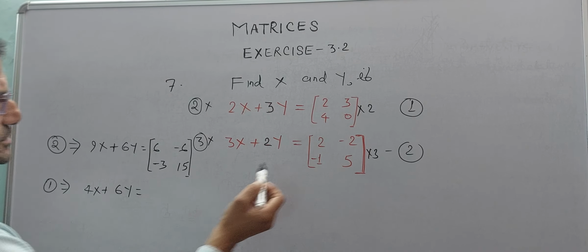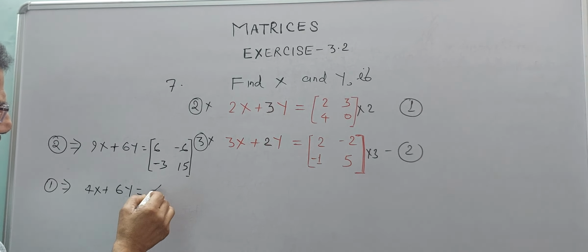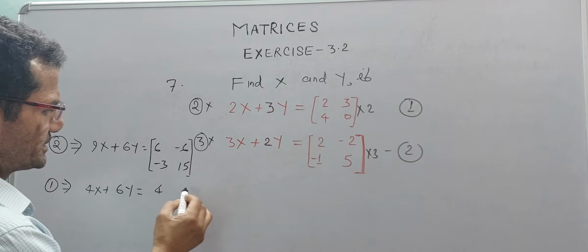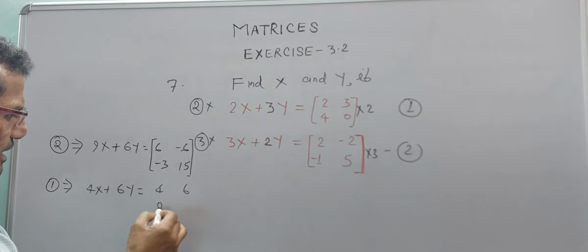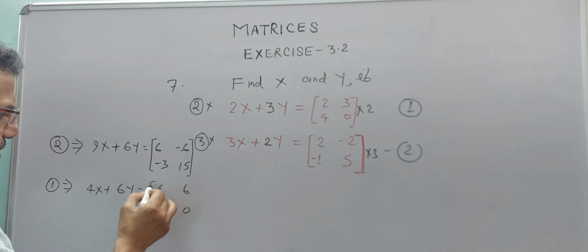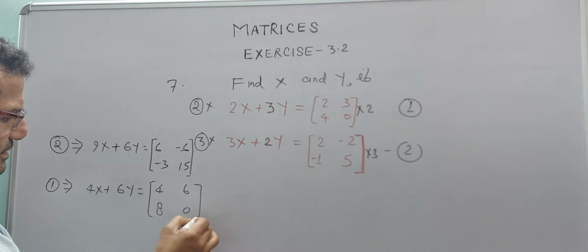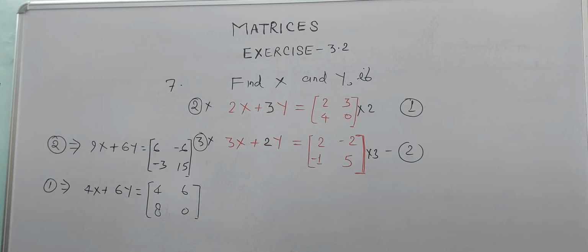6y is equal to 2 into 24. 2 into 3 is 6, 2 into 4 is 8, and 2 into 0 is 0. So now this is our transformed equation. Now if I subtract